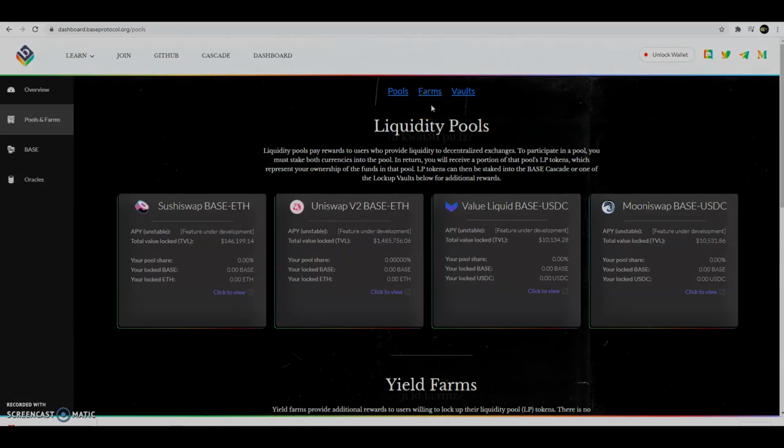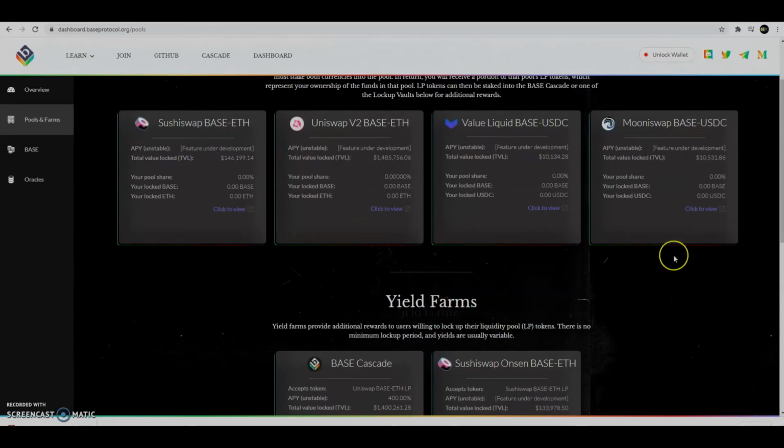Right now we're just talking about the dashboard, so I'm not going to go through that. So you can see the liquidity pool. Let me explain, as they've got an explanation here, liquidity pools pay rewards to users who provide liquidity to decentralized exchanges. So we've got the SushiSwap and Uniswap pairings, which are in Base and ETH. And we've got the Mooniswap and the Value Liquid pairings, which are in USDC, which helps if you're worried about